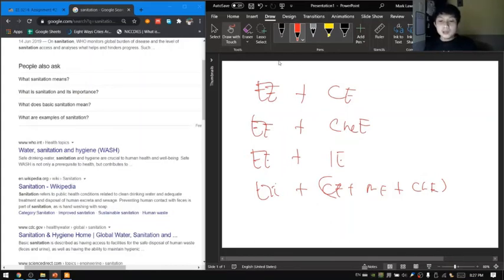It could be EE plus CE. When we talk about this, it could be using renewable energy technology to dispose or to process waste. When we talk about EE plus CHE, we can also talk about using electricity to treat or reuse